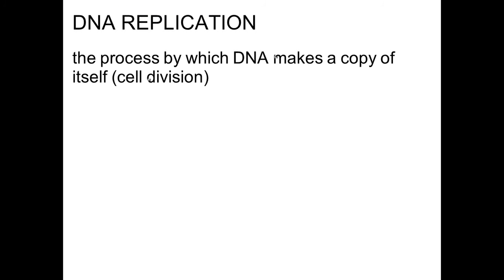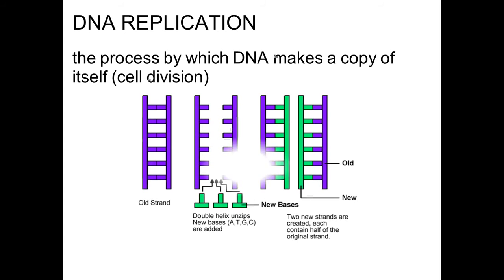So, DNA replication. This is the process by which DNA makes a copy of itself. Think of replication as a copier. When replication occurs, you start with 2 sides of the ladder of DNA. Remember, normally this ladder is twisted like a Twizzler. But when replication occurs, the ladder untwists, and then it splits down the middle, and then new bases, the A, T, C, and G, are added to each side, and so you end up with half of the new ladder being from the old material, and half of it being from new bases,